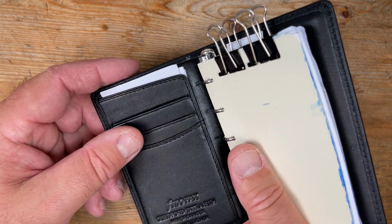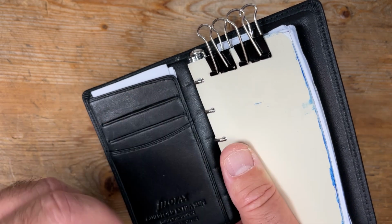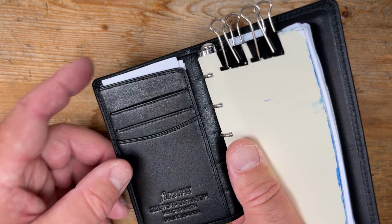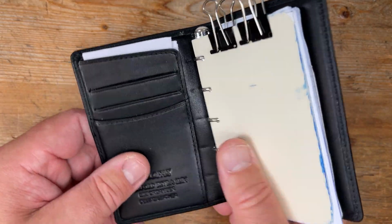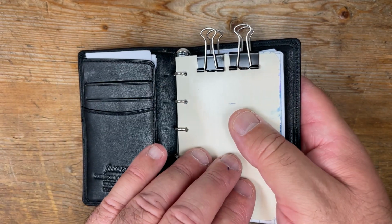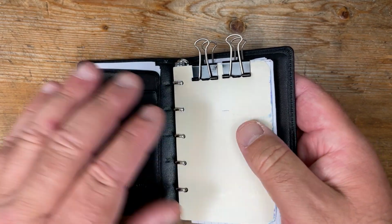Although a trained thief will know that there is a possibility that someone who has a notebook in a wallet might have used that to store and jot down security codes for cards. So this is a really, really dangerous situation, or it could be if you're unlucky. If you are planning on using it as a combined wallet, and I know a lot of you EDC people do, then at least your notebook is disguised in a way. You could maybe have a photograph here or something, or you could do something, and then